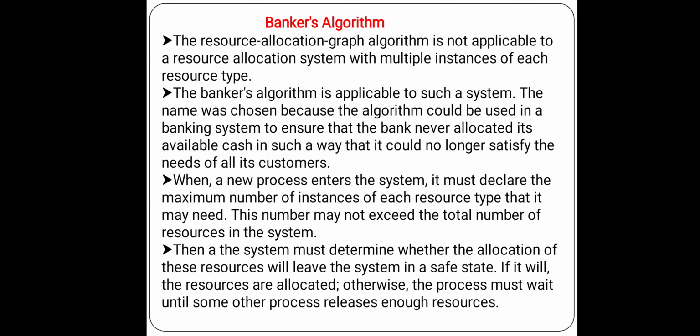So by knowing the maximum number of resources possible to execute completely by one process, we can plan to avoid the deadlock. Here we just observe